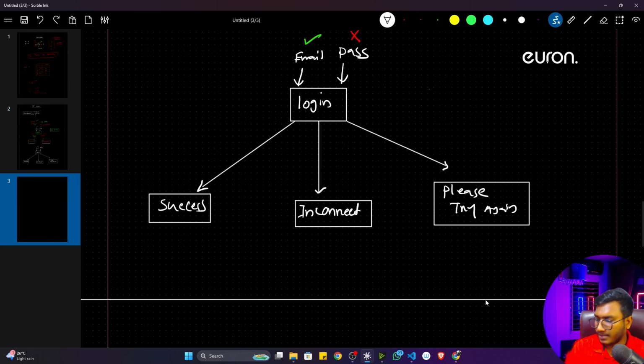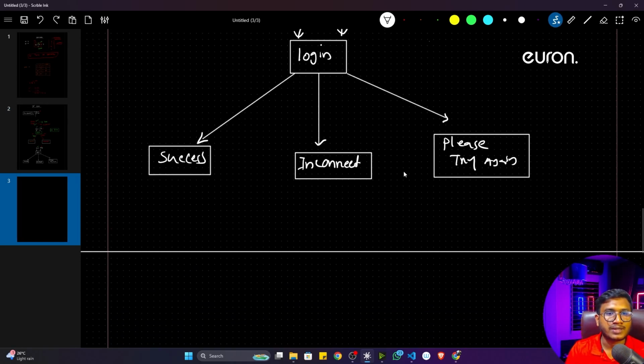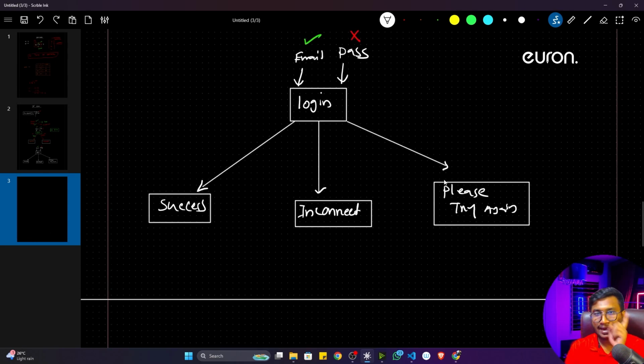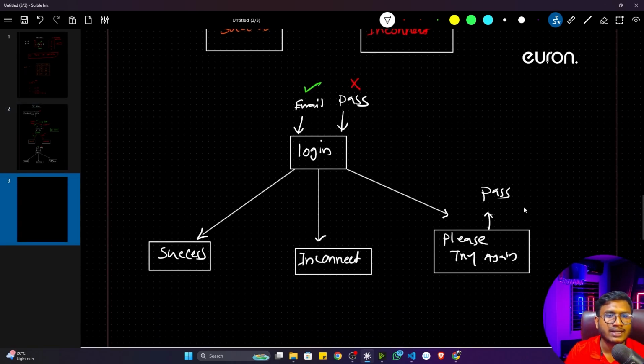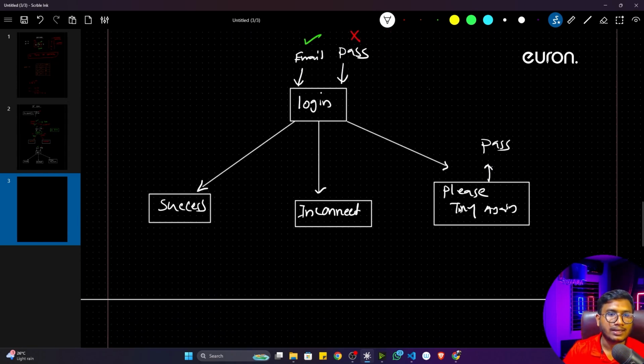Let me tell you. Whenever it is giving me this particular "please try again" message, that means one more chance. What I have to do is take data again. That means only the password I will take, because the email is already correct here. So here I only need to take the password. That is the correct password. Again, here what I will do, I'll check the condition. If this particular password is correct,